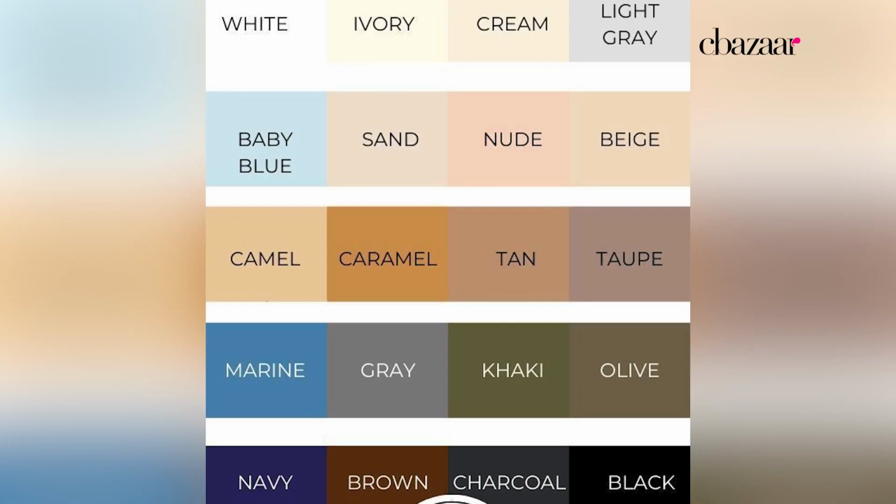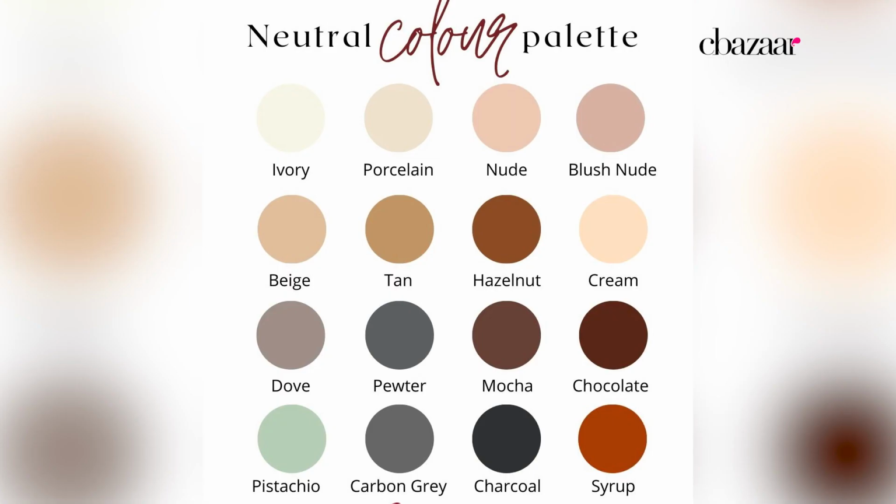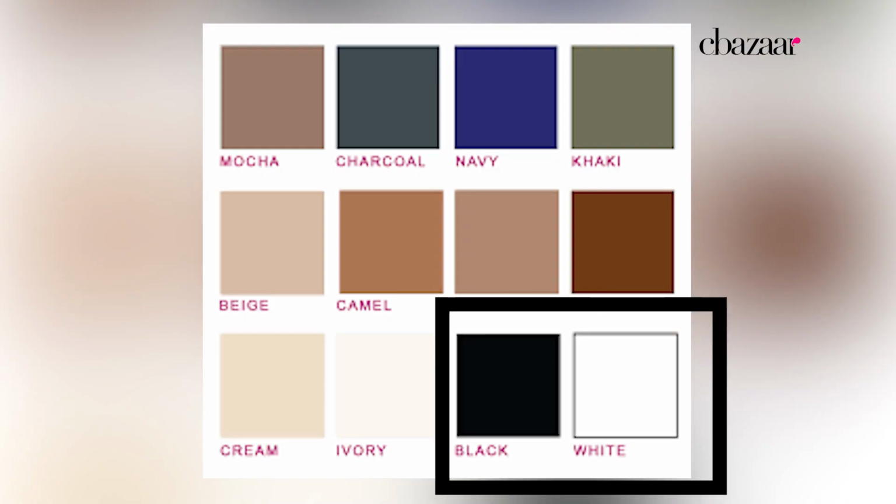Choosing the right colors for a neutral undertone. Well, if you have a neutral undertone, then most of the colors will definitely work for you. So go try and experiment. Soft pastels like blush pink or peachy colors will definitely complement neutral undertones. Go for classic neutral colors like white, black, grey and navy. They will look flattering on you. Fortunately, people with neutral undertones have the flexibility to wear a wide range of colors. So I would advise you to go and experiment and choose the best for you.